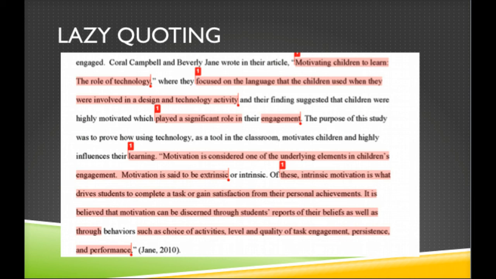There's one in the middle, though, that is a big concern. You notice in the center here of this paper example, we have what I like to call a lazy quote. A lazy quote is where you take a quote and you sort of rearrange it a little bit, you change the words around, and you magically think that that quote's not really a quote anymore, and really that's your own idea. Well, you know what? It's not your own idea. It really is someone else's.